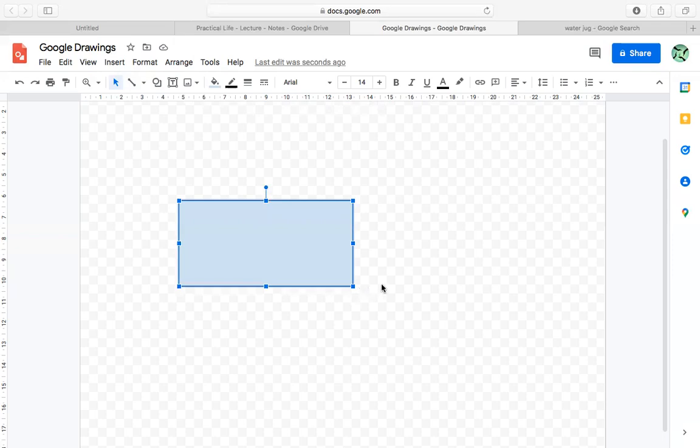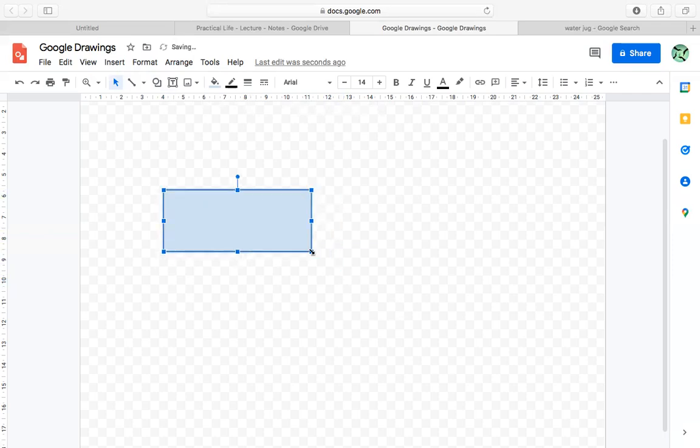Once the shape is deselected, you can't make changes in Microsoft Paint. But here we can select it again and resize it, move it somewhere else. This kind of option we don't have in Microsoft Paint. Okay. Now,